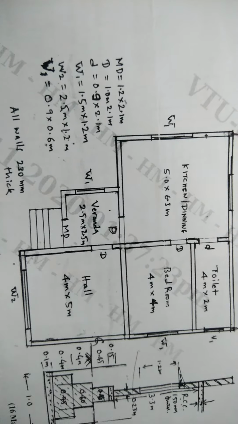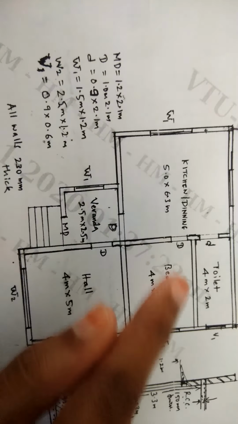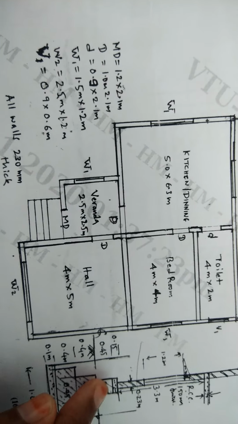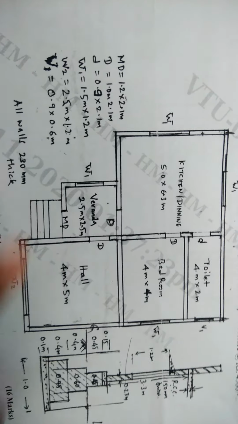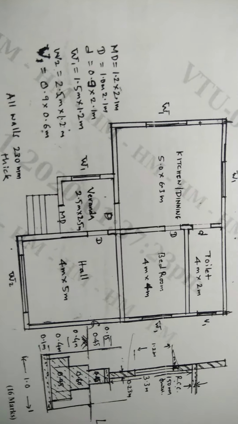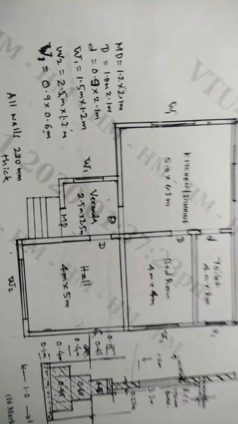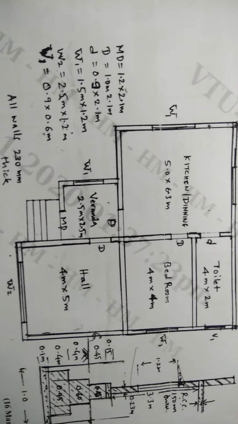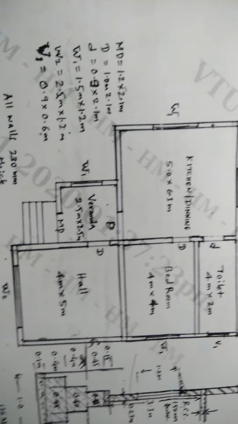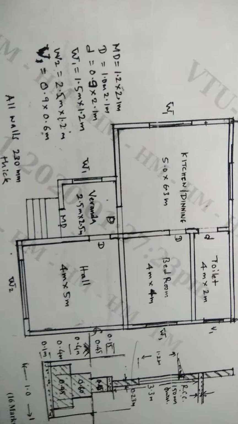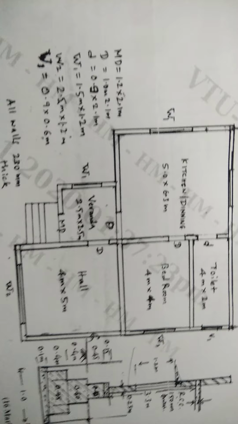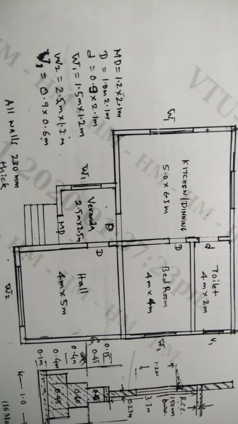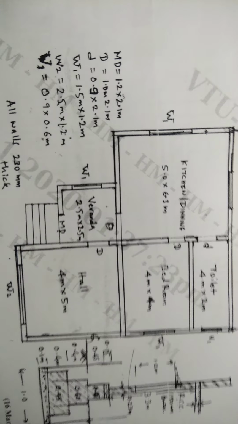But if the values are in terms of mm or centimeter in any of the plan or the cross section or at the time of the schedule of openings, if they give you the values in terms of mm or centimeter, by that time you have to first convert the value in terms of meters, and later you have to solve the problem. So this is the one important thing what you have to keep in mind while solving the problem related to the estimate of a building.